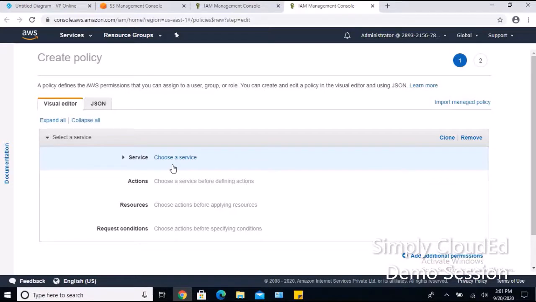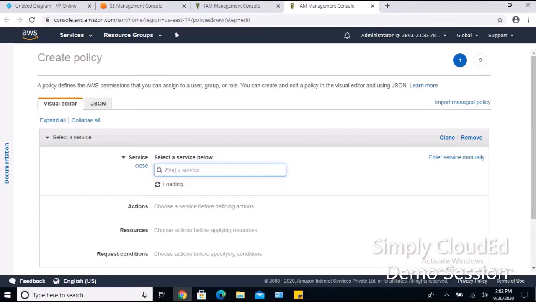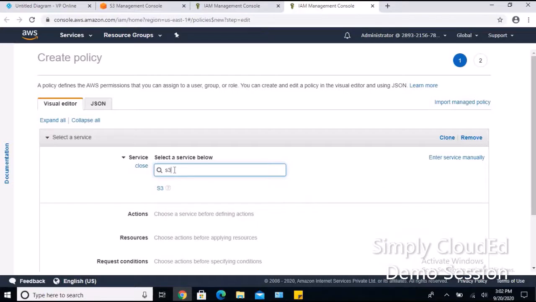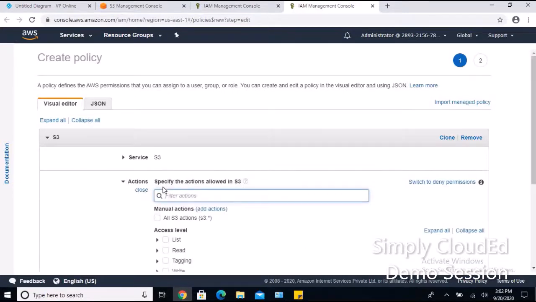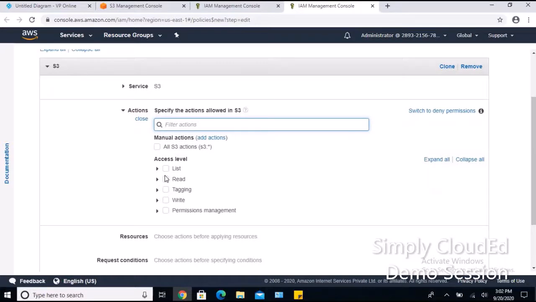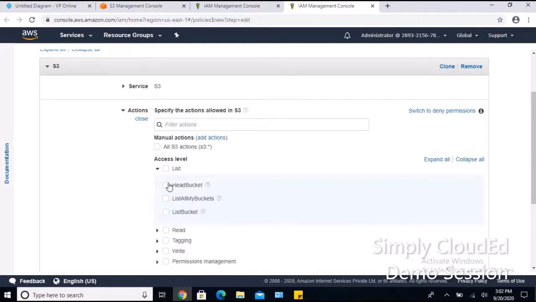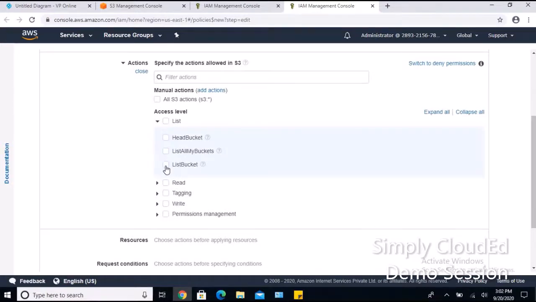The first thing we need to do is choose a service. I am choosing S3 here, as I am going to perform actions on S3. Then under action, I am going to define what actions I want to be performed under this policy. I want the user to be able to list all of my buckets.